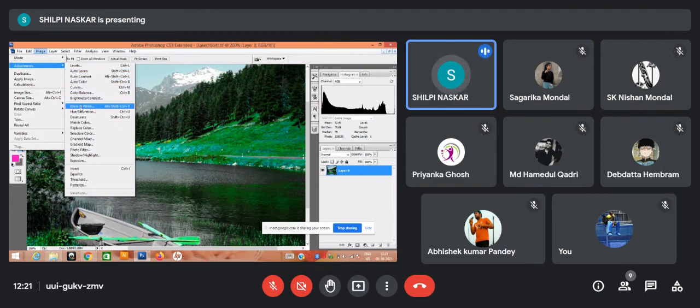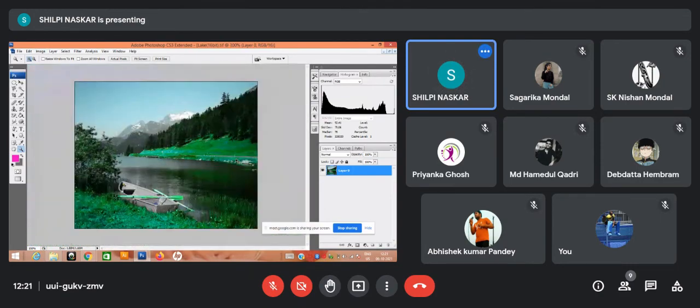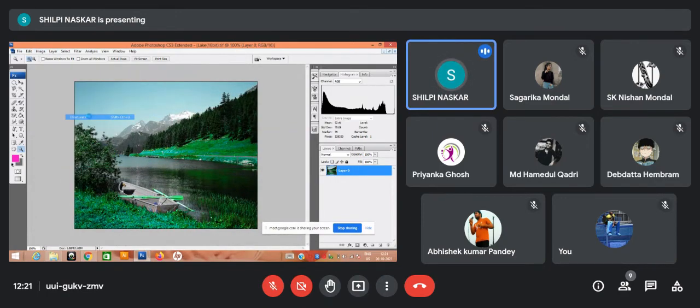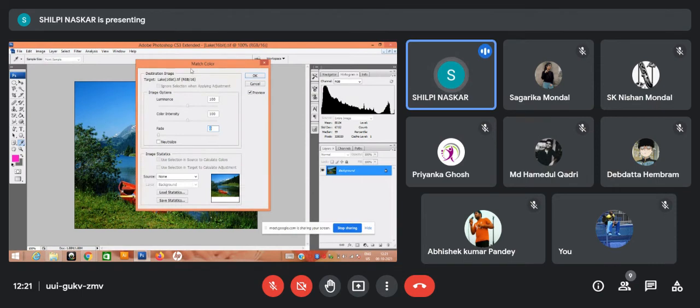Now with hue and saturation, you can desaturate it. Okay, Control Z. You can directly desaturate it. Okay, Control Z, all Control Z. This was like this. You can do it like this, say you can match a particular color and you can change the color.